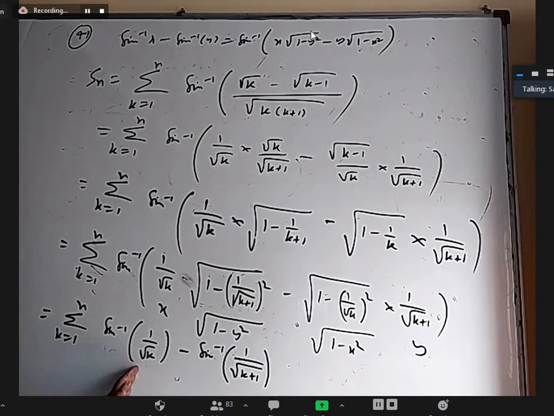Now when you put k equal to 1, 2, 3 up to n, we will see what happens. Then we'll see up to infinity what happens. Ritam Day, are you able to follow? Sir, other questions I got, this one I'm thinking still. Okay.